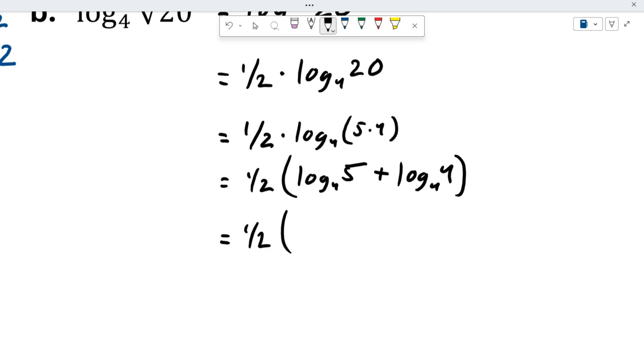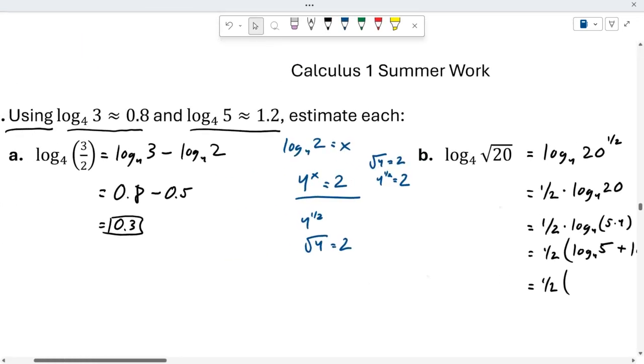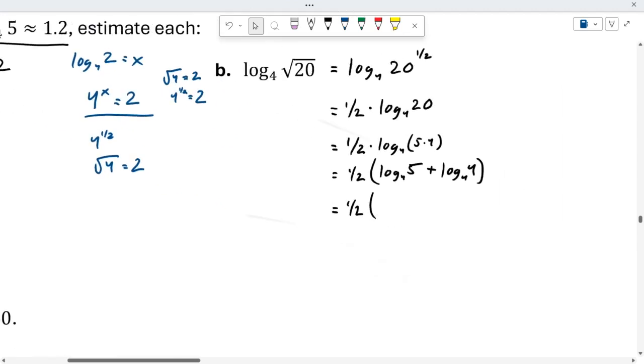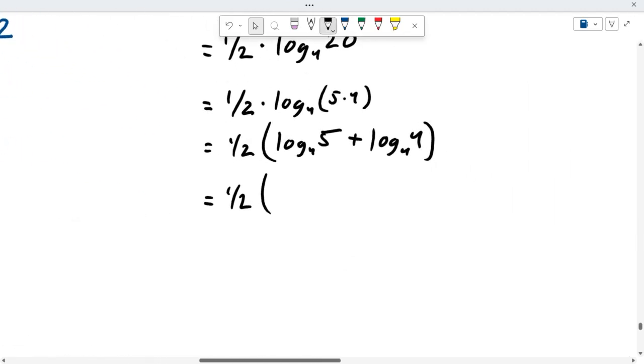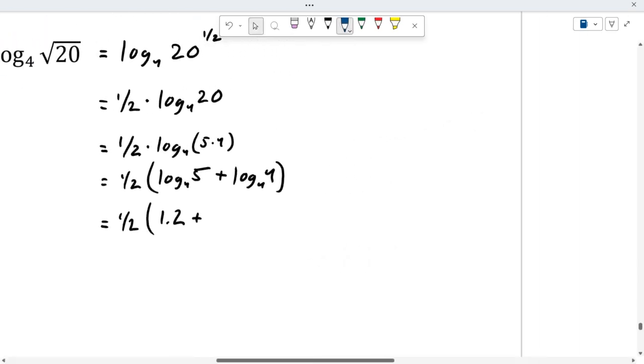All right, 1/2 drops down. So now we have the log of 5 base 4, and we're told what that is. We're told that the log of 5 base 4 is approximately 1.2. Plus, now we have the log of 4 base 4. So again, this could either be something that you just straight up memorize, or if you don't like memorizing things, you just got to remember what a logarithm is and what it's saying. So if you don't know what this is,